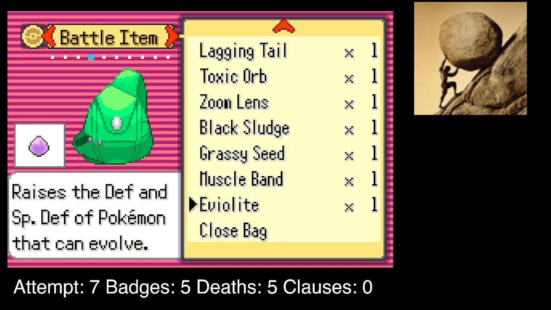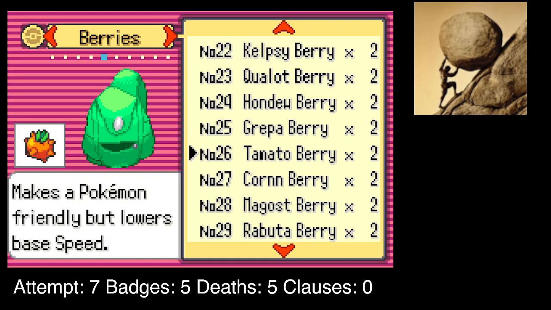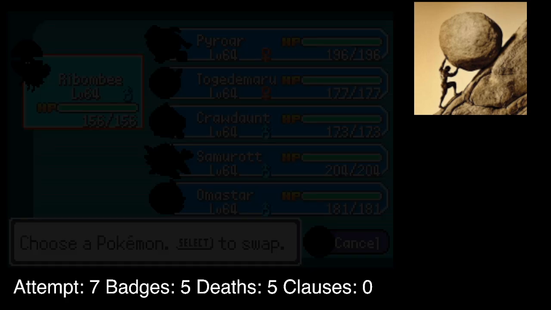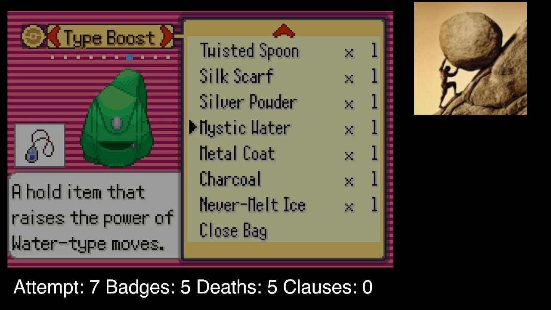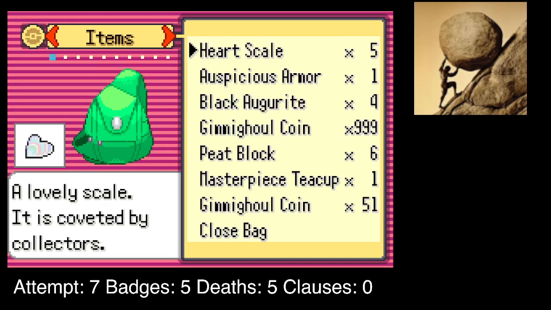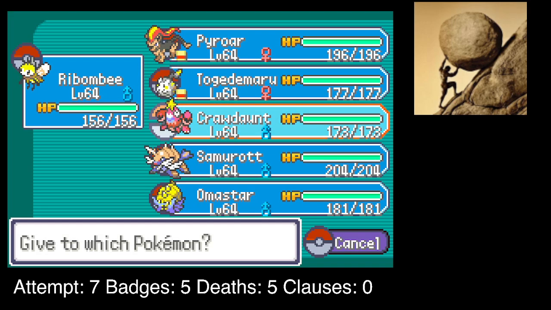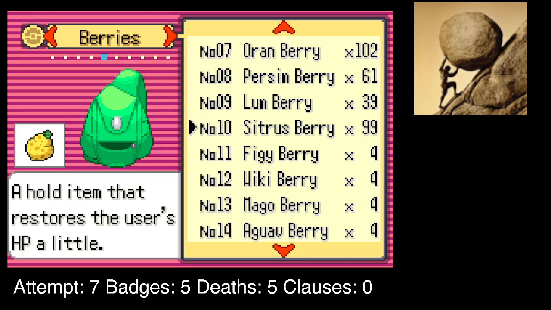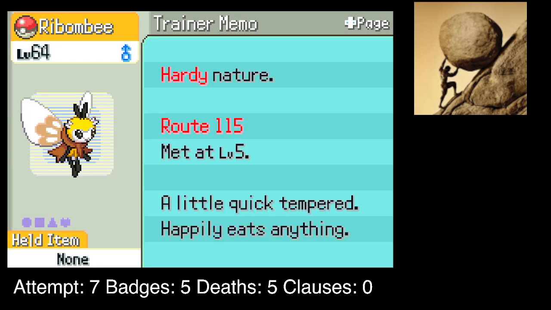Okay, so for Rabombi, I'm just gonna go, oh actually, no, I don't want to go Berry Juice. I want to go no item. I want to go Jaboka Berry on Pyroar. Togi is Magnet. Crawdont, no item. Citrus Berry on Samurott. And Omastar is Pecha. Okay, so